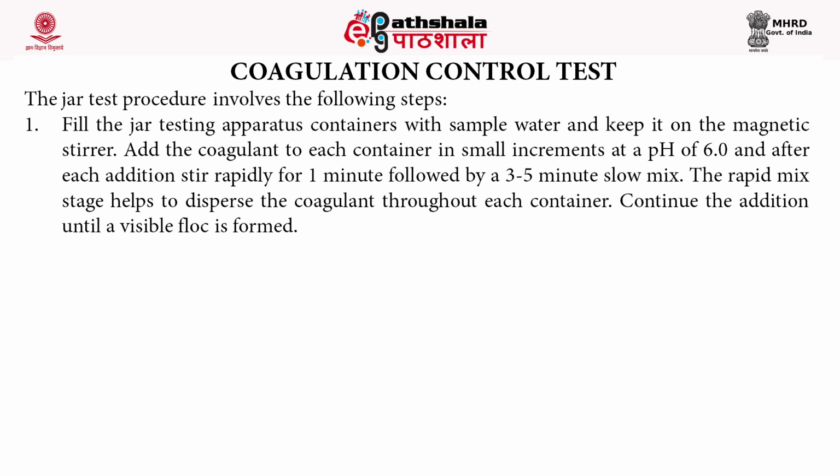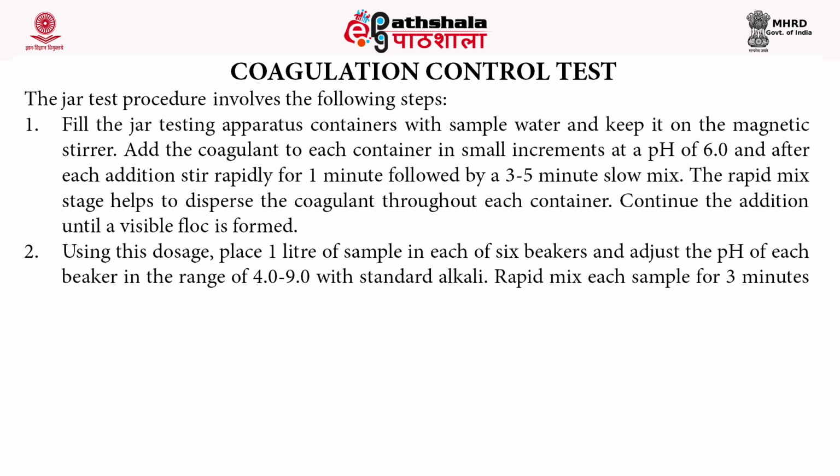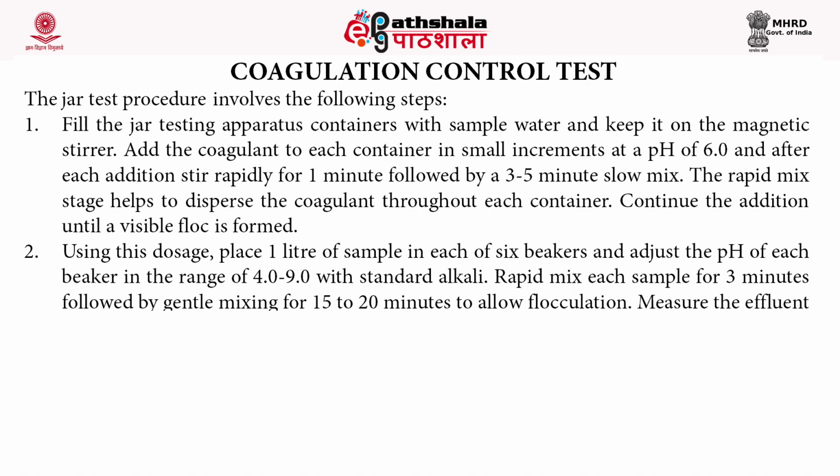After each addition, the contents are stirred rapidly for 1 minute followed by 3 to 5 minutes of slow mixing. The rapid mix stage helps to disperse the coagulant throughout each container, and this mixing is continued until a visible floc is formed. Using this dose, place 1 liter of the sample in each of the 6 beakers shown